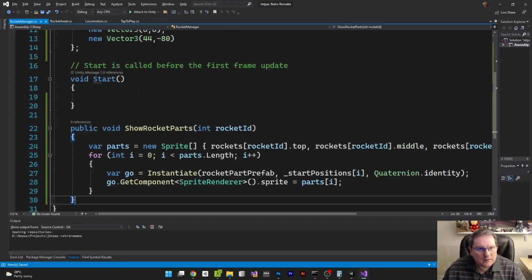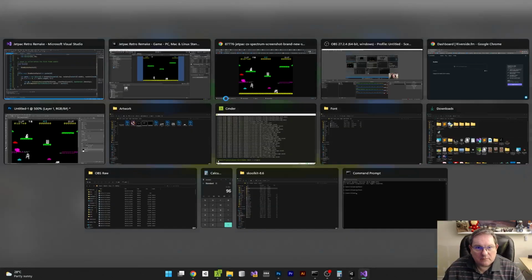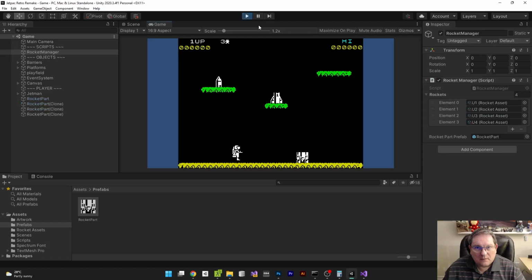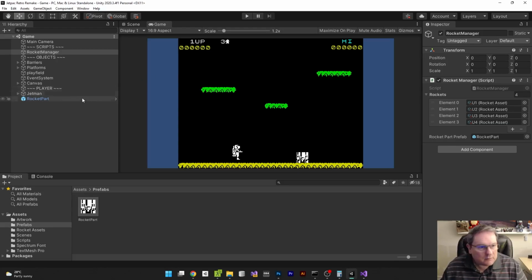Okay, so now we've got a rocket part there, and then just for debug purposes I'm going to do show rocket parts 0. So I want to show the 0th version of the rocket. Okay, here we go, and we should be able to walk through it, and we do. Oh, it's starting to feel like a game. Oh, a bit floaty. Okay. And then we don't want to pick up the rocket part immediately. We want to be able to pick it up in the